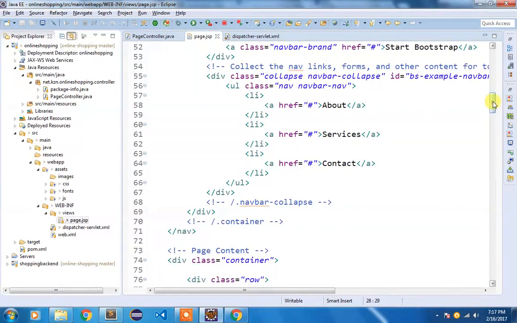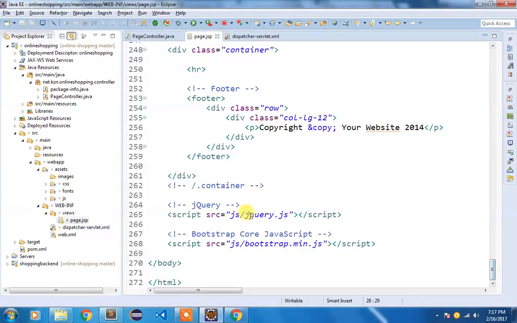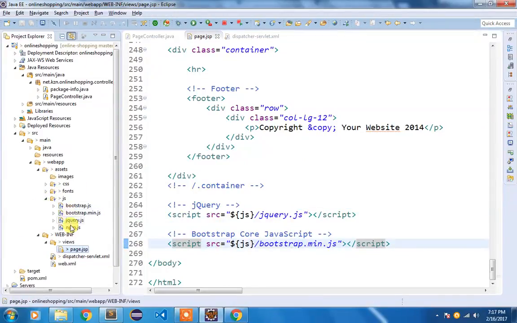Now at the end you can see there is this JS. So this JS will be replaced by ${js}, ${js}. So jQuery and bootstrap, which are available in my JS directory. So I'm gonna save it.